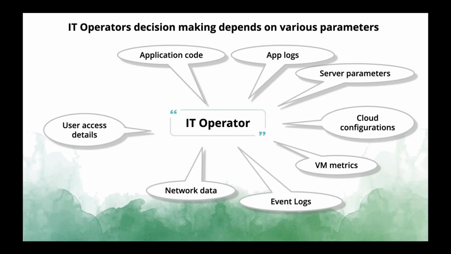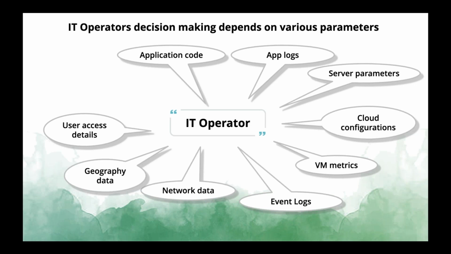And event logs, anything to do with the system. Is there some event that has happened which has caused the downtime? Geographic data. Why I'm saying geography data is important is sometimes the application will not be accessible only from a